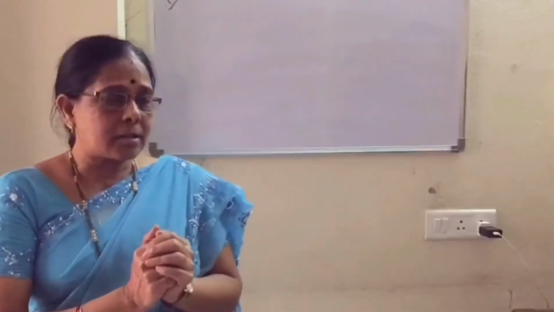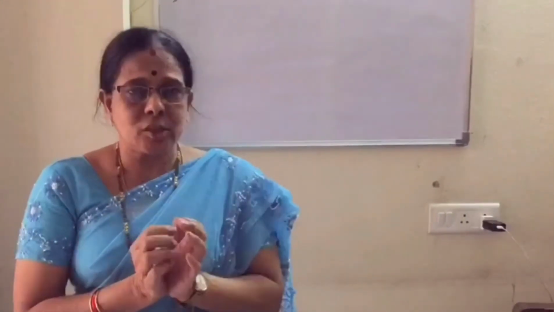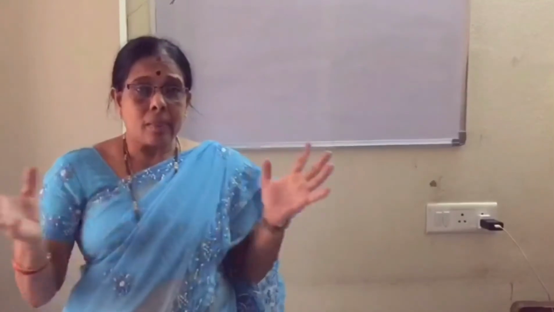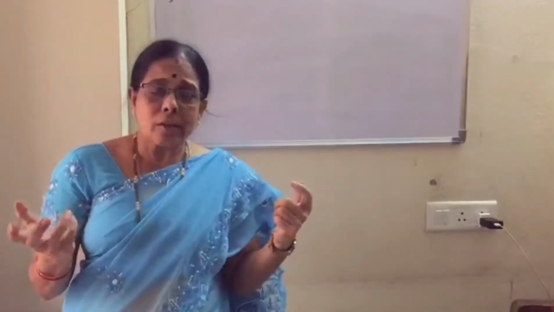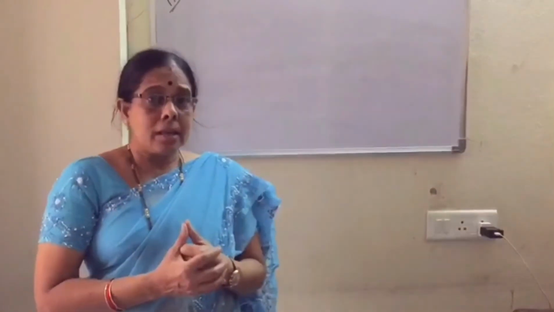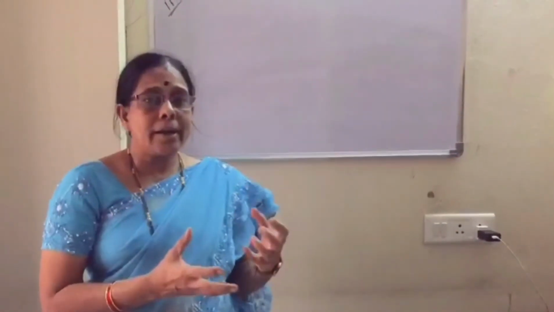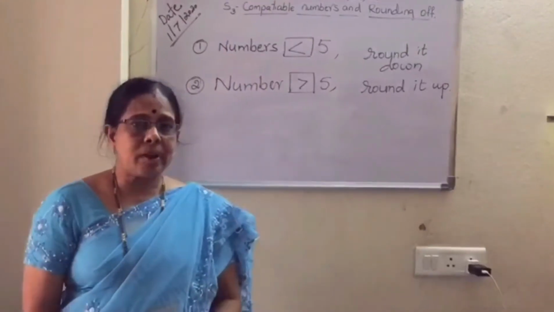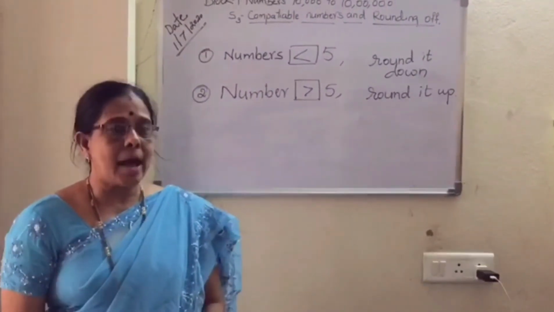Suppose if anyone asks how many members are present at the birthday party, what will you say, children? 50, 60. Like this we will say. Generally, we say a rounded off number. Suppose we go to a reception, a big party. How will you answer if anyone asks how many people are present? You will say in big numbers, 100, 200. Okay, children, now I'll explain how to round off the numbers.